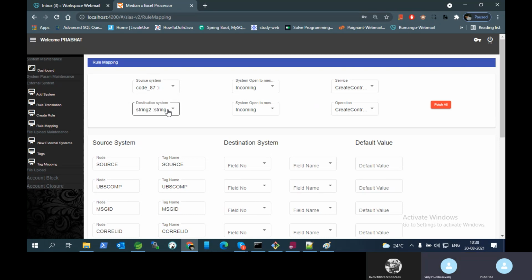Sir, I will send these six to the backend. Based on the backend response, I need to display, no? Yes, you need to display the backend response. Whether it is ISO or XML, I need to display. Before displaying, you need to check the message type, whether it is XML type or ISO type. If it is ISO, you know we need to display the ISO fields, right? If it is XML, you know we need to display the XML tags.